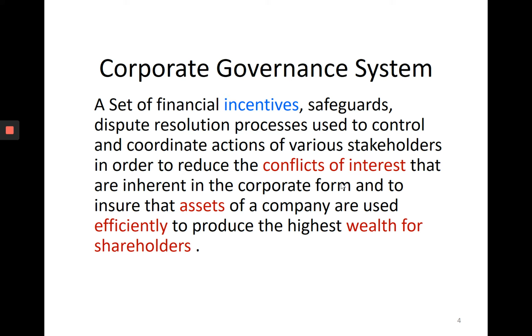The idea is to bring these stakeholders to the center of contracts, or nexus of contracts, and use these incentives to get them to do the right thing, to produce. For example, we need to produce jet airplanes, and the task is complex. So we need workers, engineers, patents, government permissions. And all of these various stakeholders need to cooperate with us. So we do this complex task of making jet airplanes.